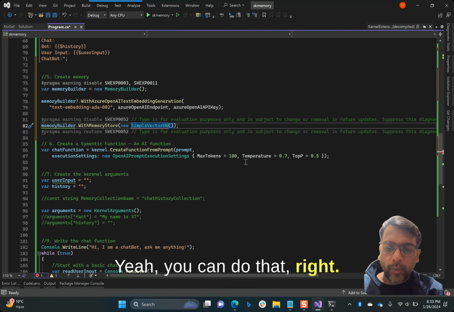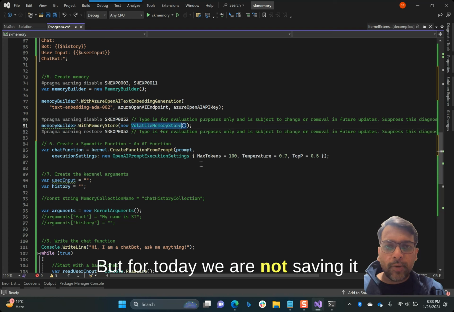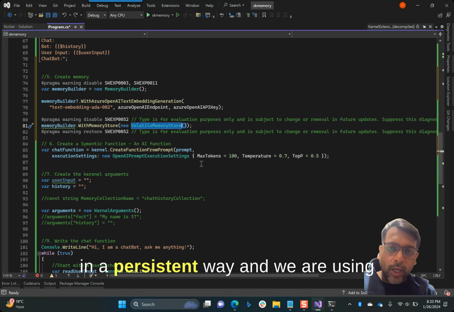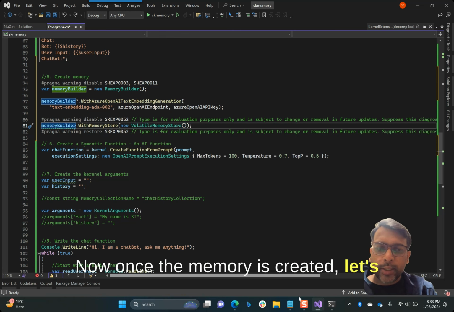Yeah, you can do that, right? So we'll talk about that later, but for today we are not saving it in a persistent way, and we are using volatile memory store to create the memory. Now, once the memory is created,